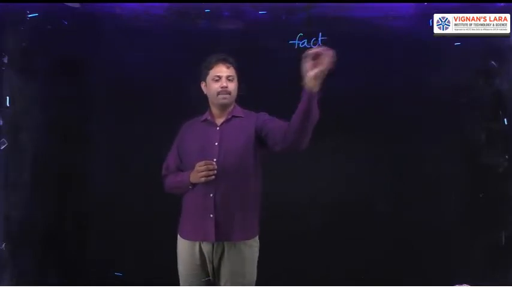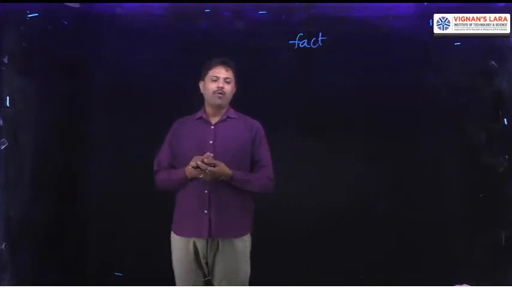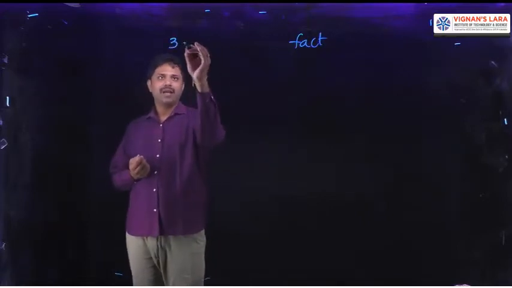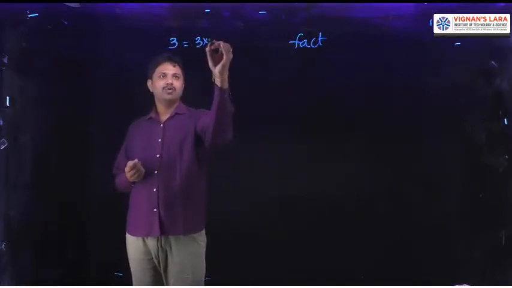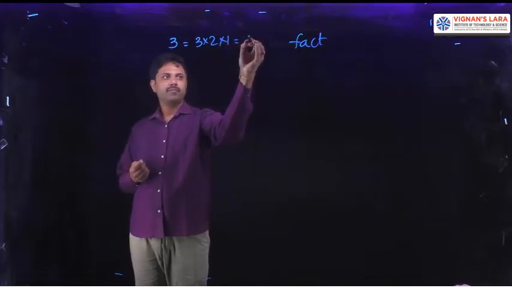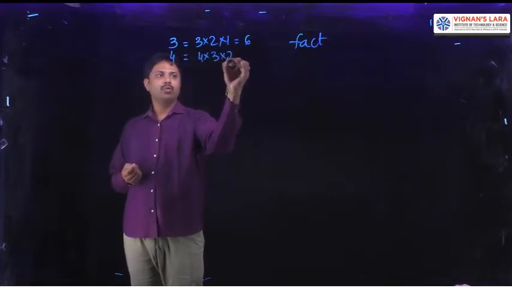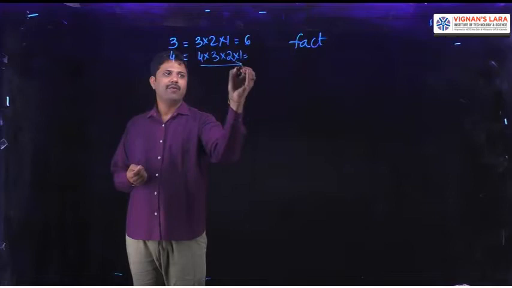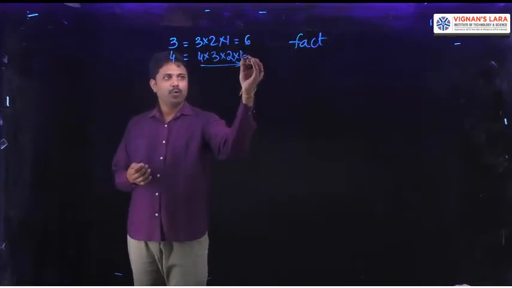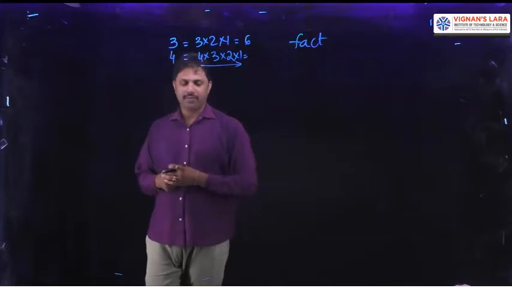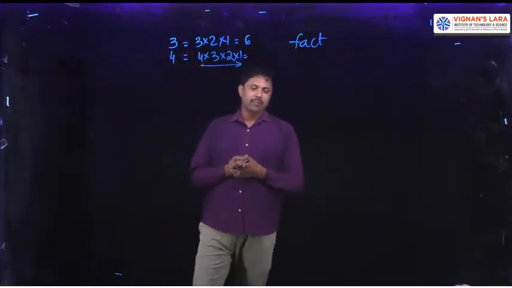Welcome to the session. In this session, we are going to discuss the program for the factorial of a given number. So we all know what a factorial is. Factorial means if I take the number 3, the factorial of that number is 3 into 2 into 1, which is 6. If I take 4, it is 4 into 3 into 2 into 1. That means we decrement one value and multiply down to 1. So this is the factorial program.